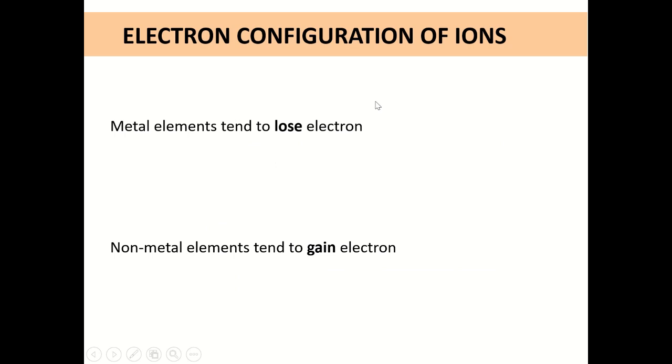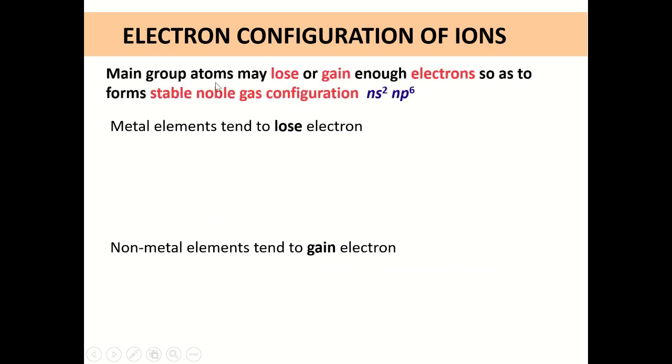Now we are going to look at the electron configuration of ions. So why do we form ions? Right. Main group atoms may lose or gain enough electrons so as to form stable noble gas configuration. Okay, noble gas is group 18. So the stable noble gas configuration should have ns2 np6. That means the outermost electrons, the valence electrons, must have this